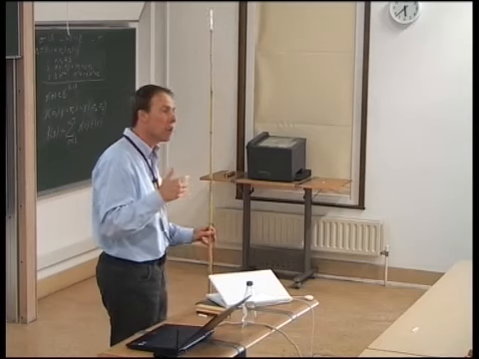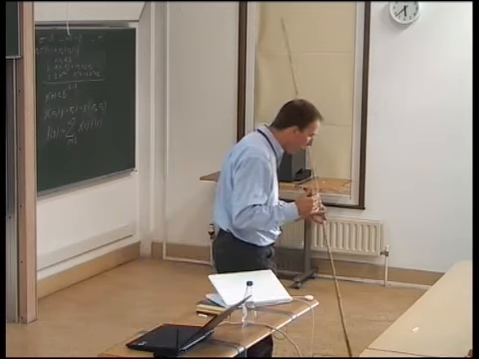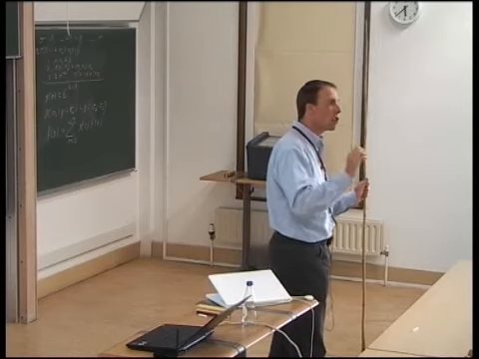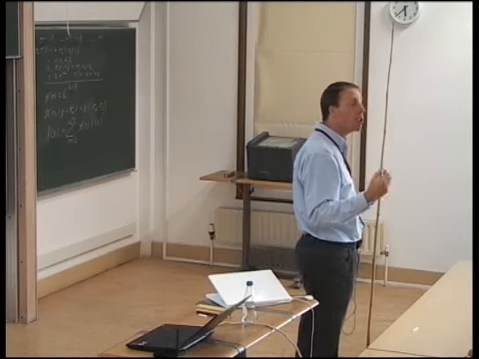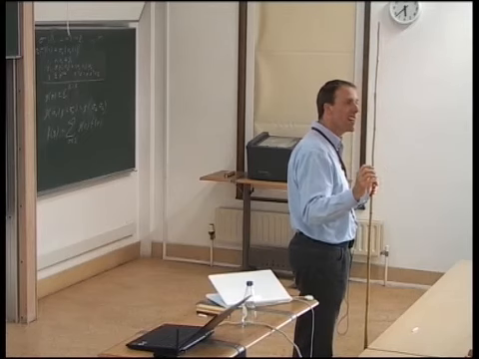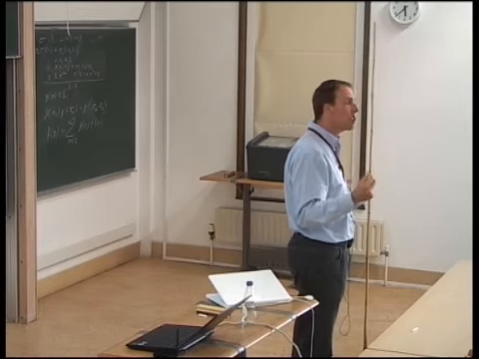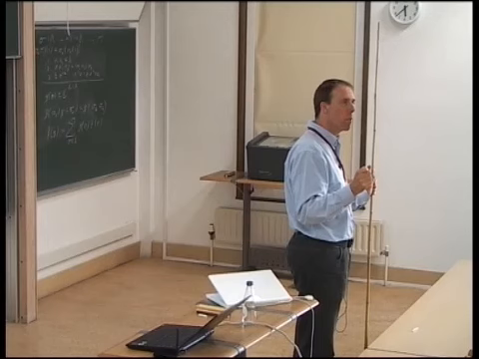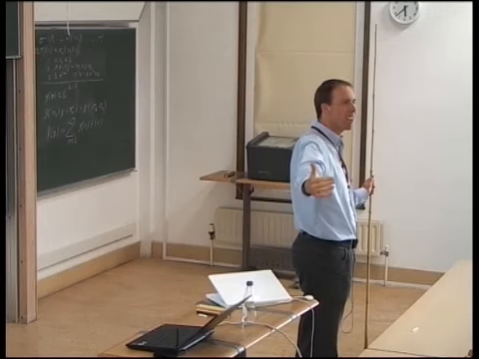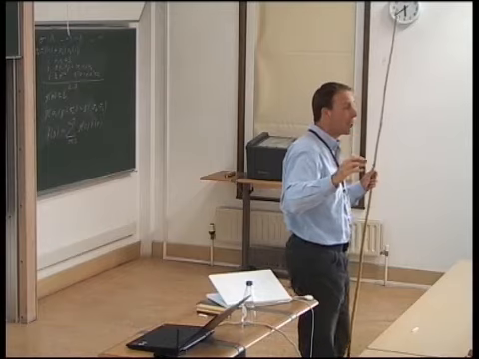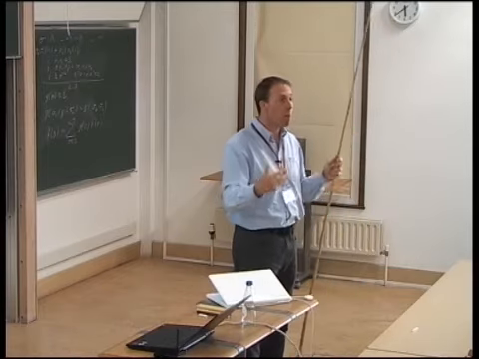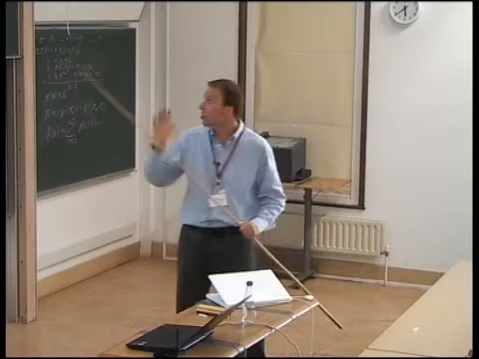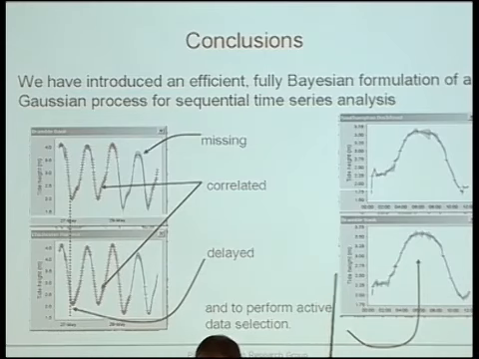Certainly you can imagine in lots of situations, such as these weather networks, polling a sensor, especially if it's a battery-powered weather sensor somewhere, means that if you ask it for data, it has to waste its battery power. So the less you ask for data, the better, the longer the lifetime of your sensing network. So this is a classic bandwidth against information problem in sensor networks, which GPs seem to be particularly good at